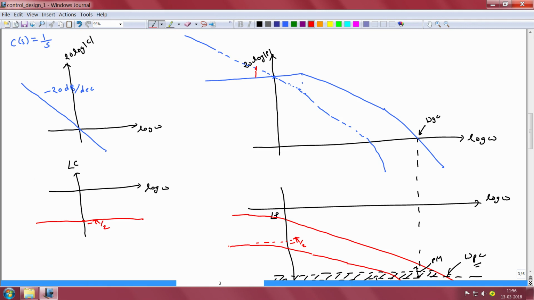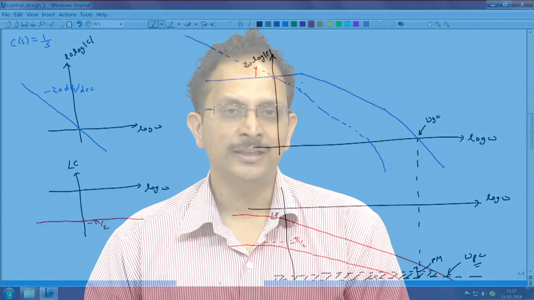And the smaller the frequency, the higher is the gain contributed by the controller. Indeed, at omega equal to 0, you get infinite gain that is added by the controller, and hence you can get perfect tracking of DC references as a consequence of the fact that an integral controller has infinite gain at omega equal to 0. So, in general, therefore, the integral controller results in very high gains in the neighborhood of frequency omega equal to 0, or therefore in the low frequency range, and is therefore ideal for tracking references or rejecting disturbances in the low frequency range.